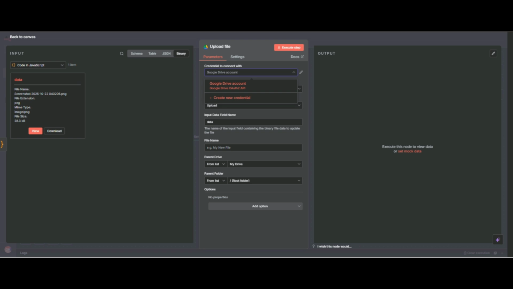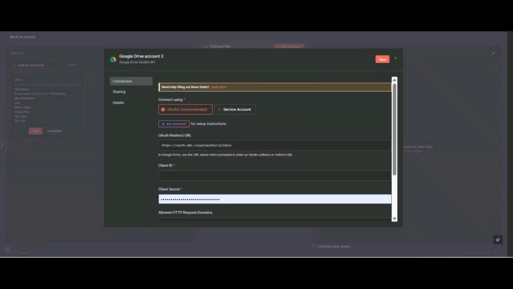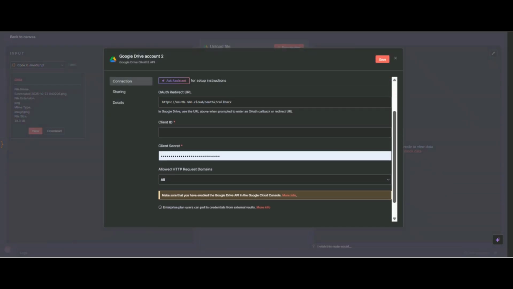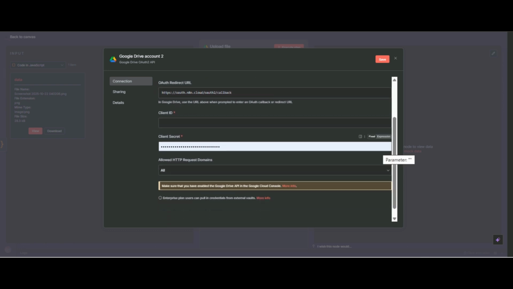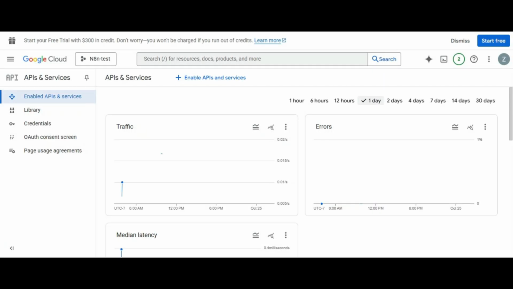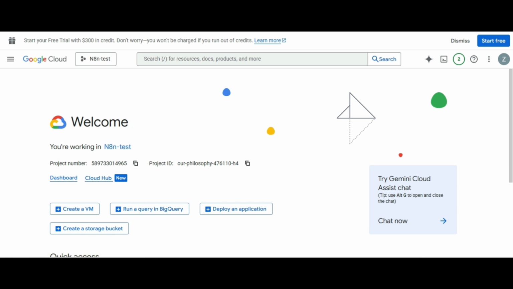You click on create new credential, and you can see there is another scenario. It is not like Gmail or Google connecting, but there we need client ID and client secret. So watch carefully, because it is a little tricky. So we need client ID and client secret. So what we do, go to Google Cloud Console, and I show you. You go to Google and search Google Cloud Console, and you will receive this.